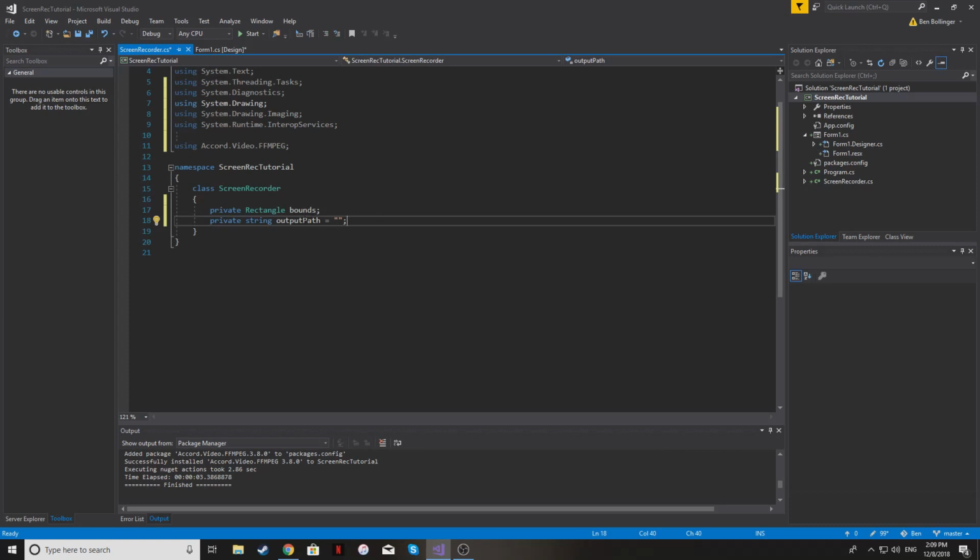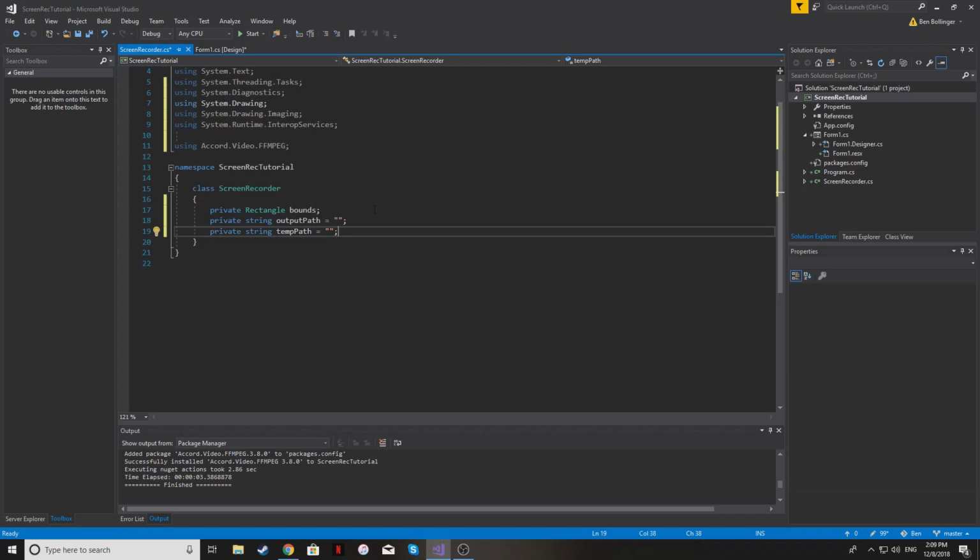So this is actually going to be an extremely important variable that we'll see as we move through this. And then we also are going to do a private string called our temporary path here, and this is going to be the path that we create, because basically how this screen recorder is going to be working is we're going to be creating a temporary folder on a data drive somewhere on the hard drive, and we're going to be taking just a lot of different screenshots of the screen, and we're going to be storing them in a temporary folder. And then after we're done